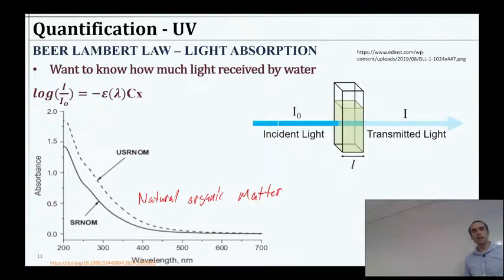One other thing we might be able to do with the new LEDs is to shift, even just a small shift from here to here might make a nice difference in terms of how much light is being absorbed by this unwanted, annoying stuff. The natural organic matter, if there's not too much of it, is just an annoyance. In fact, you probably can't taste it if there's not much of it. It's probably not doing much of anything except for causing some small troubles for things like this. So if we can shift our light just a little bit, and still have good germicidal effectiveness, maybe that's some advantage there.